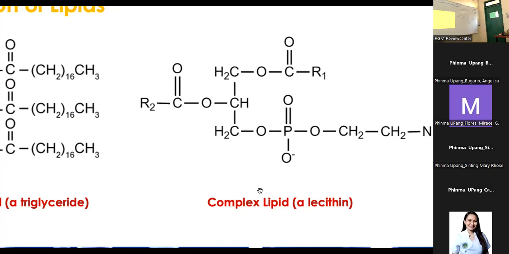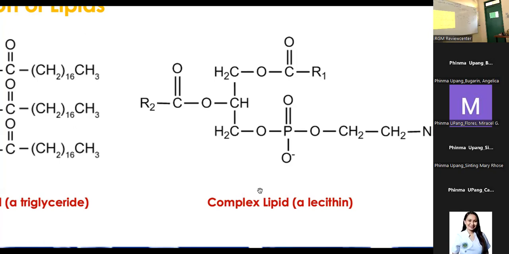phosphoester linkages with another alcohol. Okay? That alcohol may be any of the following. It may be inositol, it may be serine, it may be glycerol. Sino pang kulang ko? It may also be choline. Ayan. So, may slide ako for that. Okay, so basta ang dapat tandaan with the complex lipid is that aside from fatty acids esterified to the glycerol molecule, there is a phosphate ester bond, okay, with another alcohol,